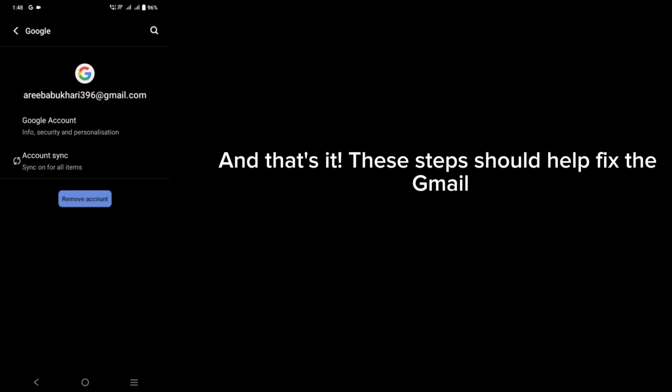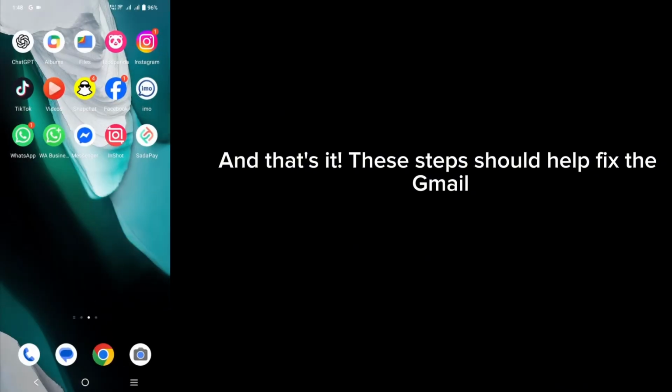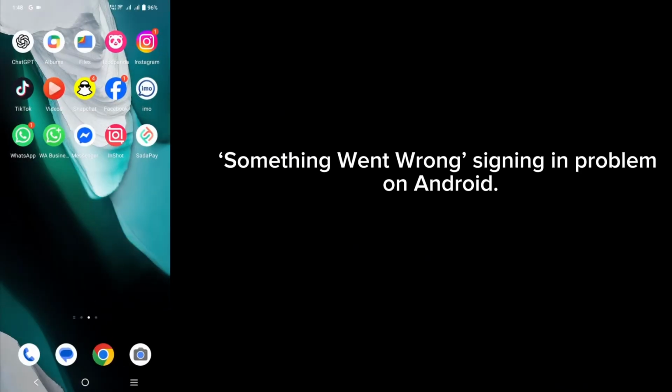And that's it. These steps should help fix the Gmail "Something went wrong"